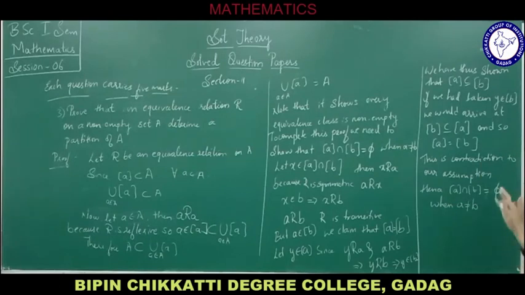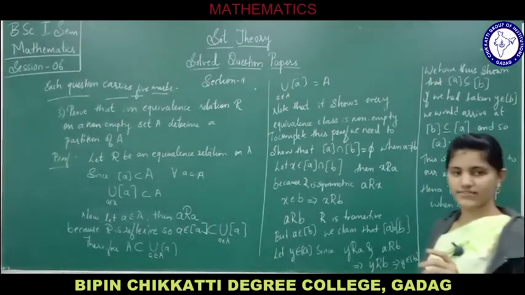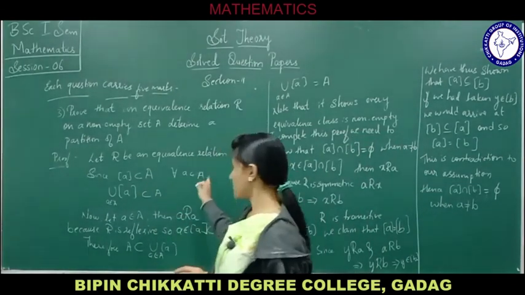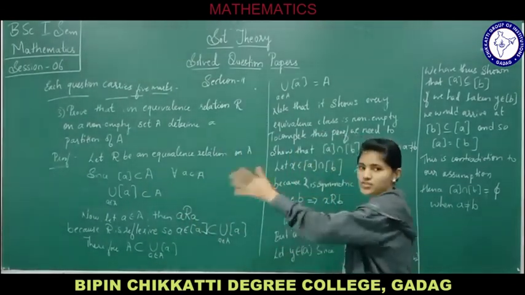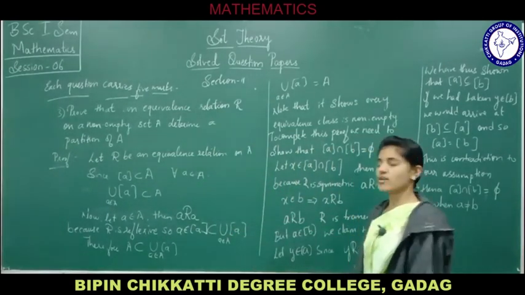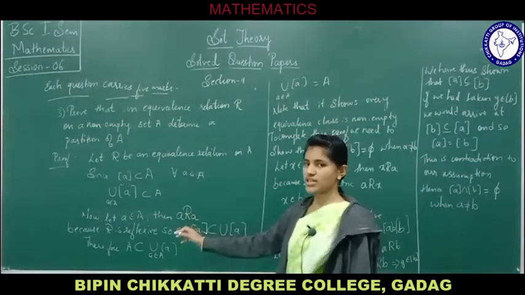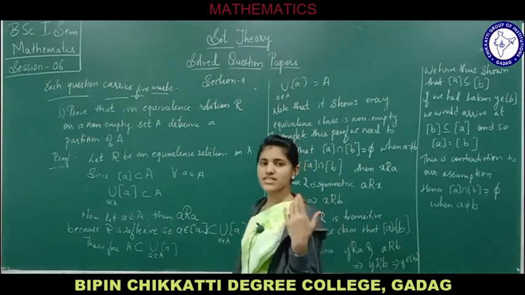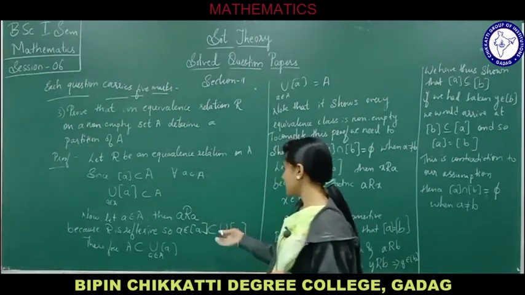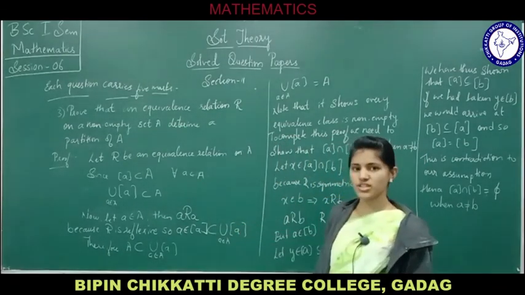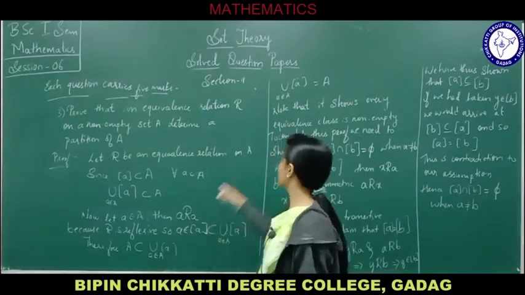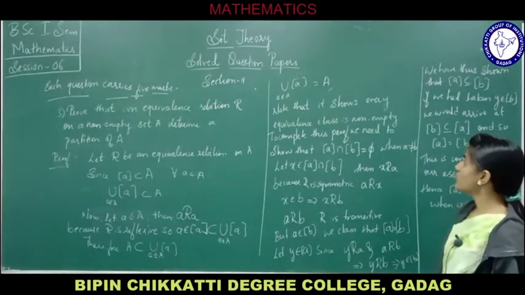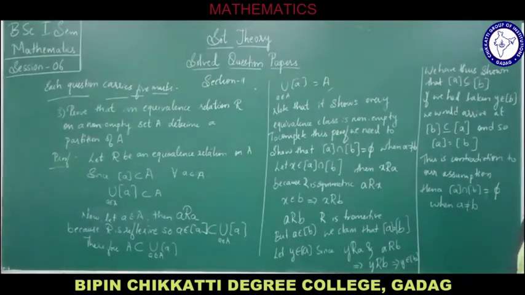Then what we did? Just let us glance over. They have given R is an equivalence relation on A. Since they gave it, we said A is a subset of A for all these A belonging to the capital A. Then its union is also going to be a subset of A. Now let A belong to A. Then obviously A is equivalent to A, because it is reflexive. Then A is a subset of the union of A. And therefore we proved that the union of A will be equal to this set A. Now it shows that the equivalence class is non-empty.